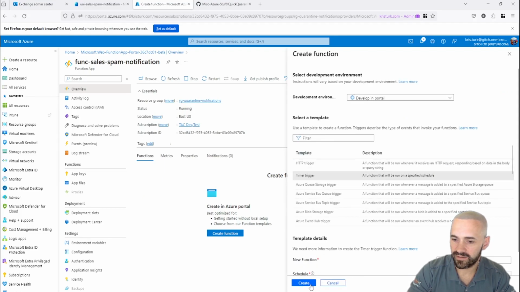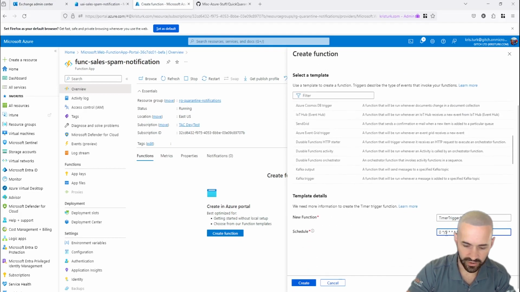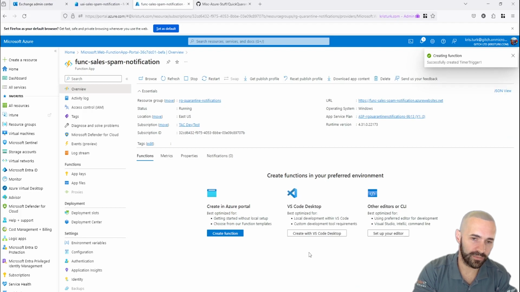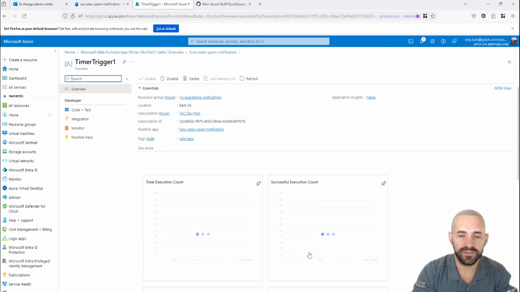Go with the timer trigger. So we're going to run this on a schedule, and our schedule is going to be not every 5 minutes, but in our case, I want to check the quarantine, let's say every 30 minutes. So let's create that. And that means that I want my function, when it runs, to look back at the quarantine only at the most recent 30 minutes